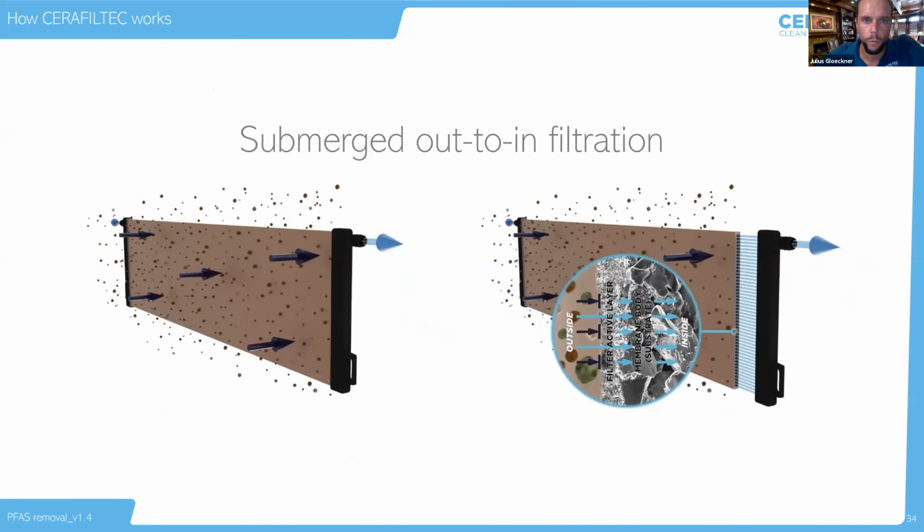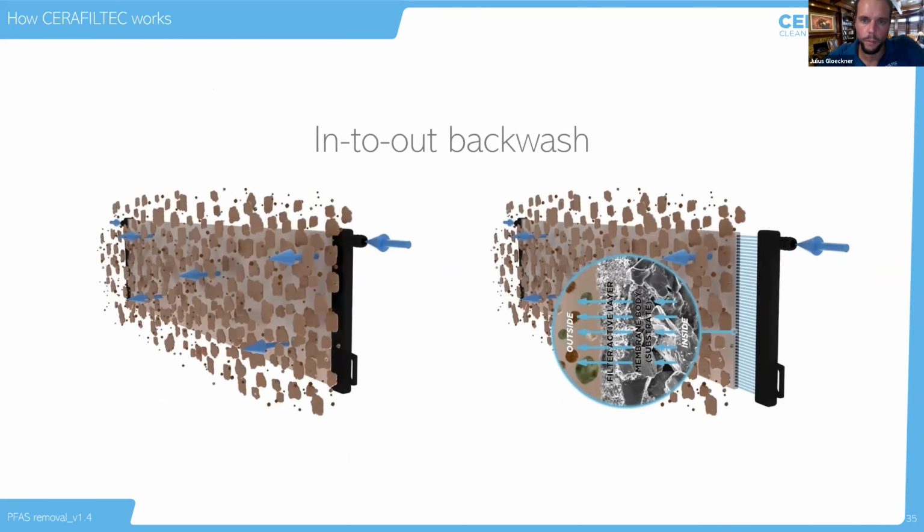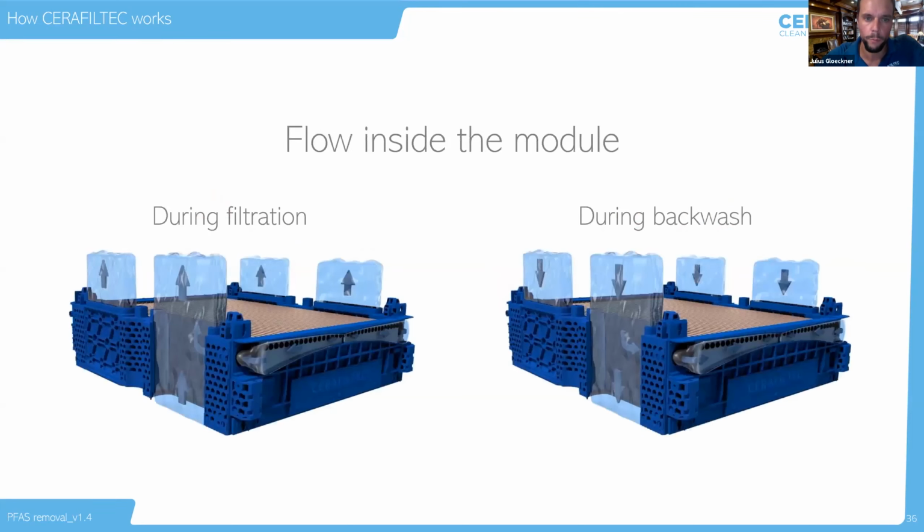And how the technology works, we are a submerged solution. We are out to in filtration. That means the membrane is underwater. We are operating with suction pressure, and we're pulling the water through the membrane layer into the inner water channels and out the end cap. And backwash obviously works the other way. We push clean water into the membrane, and that process removes the layer that is on the membrane to free the membrane from blocking. In the Therafiltic module, we have 34 plates aligned,